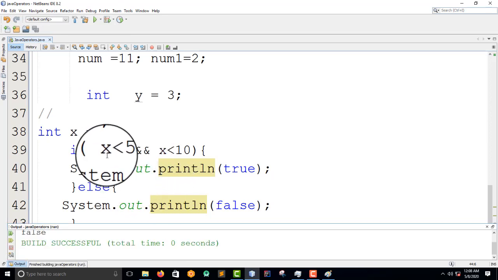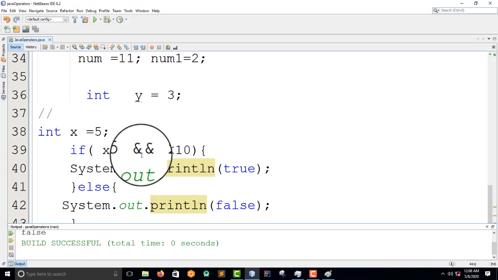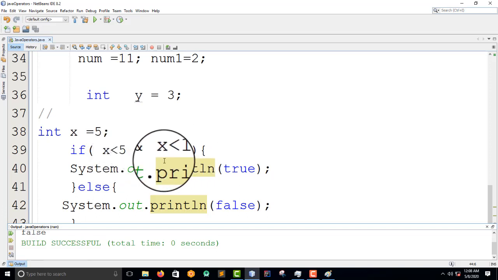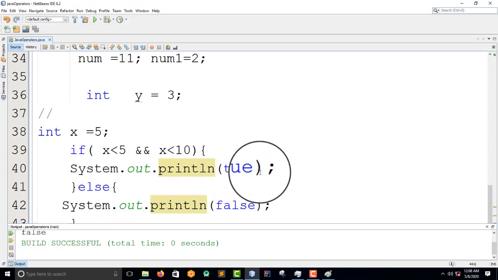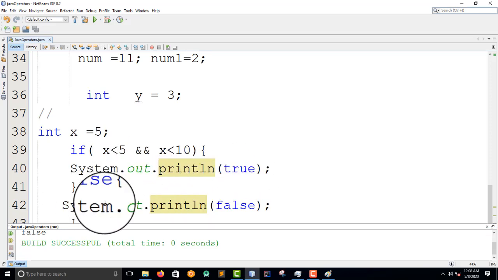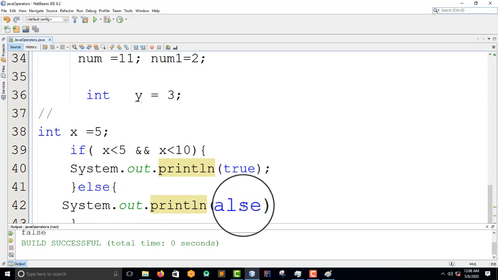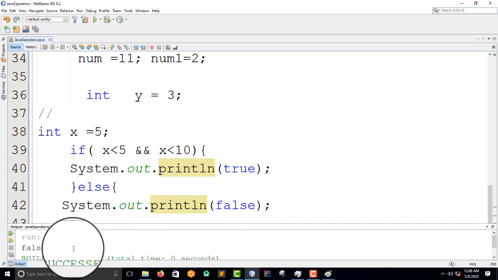If x is less than 5 and x is less than 10, what will we have on the console? If it's true, then print true. If it's false, then print false. So it has printed false.